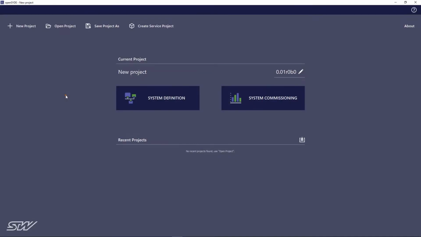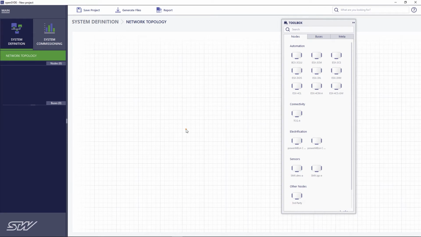So we first have to describe the system that has just been built in openSYDE and create a new project to do so. openSYDE then jumps immediately to the system definition and here to the description of the topology. A blank sheet is presented for the topology and a toolbox with STW devices that have already integrated openSYDE is